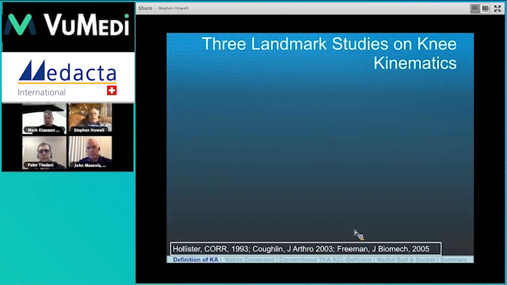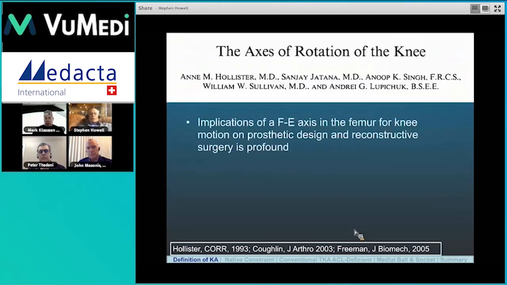Now, Peter covered these 3 landmark studies on knee kinematics, so if you don't have a lot of time to read, I would suggest that you just read these 3 papers, and this will provide the scientific basis for kinematic alignment. The first one was by Ann Hollister, actually a hand surgeon, published in CORR in '93, and she discovered